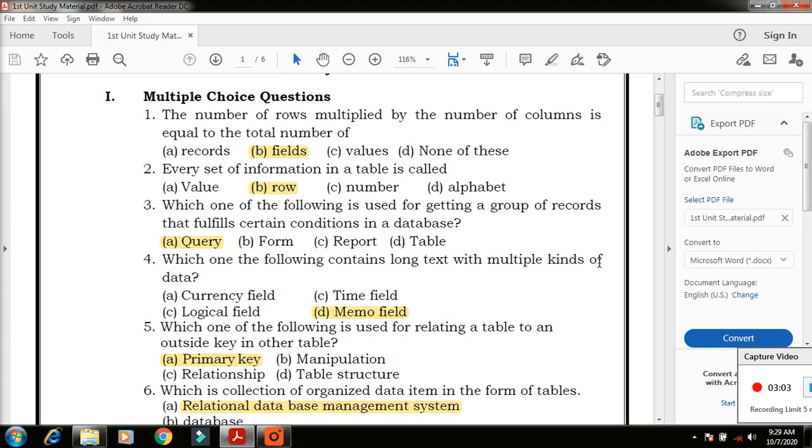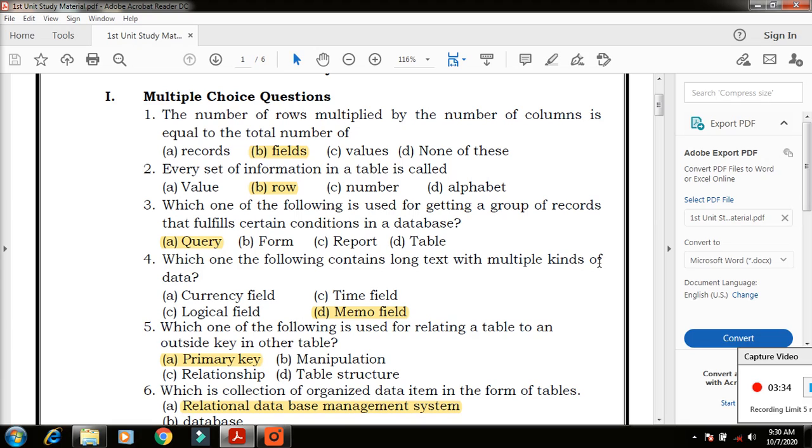Next one, which one of the following is used for relating a table to an outside key in another table? That means what? A table has one primary key, a unique value. So in the table we have many columns, and from them we set only one primary key for the table.